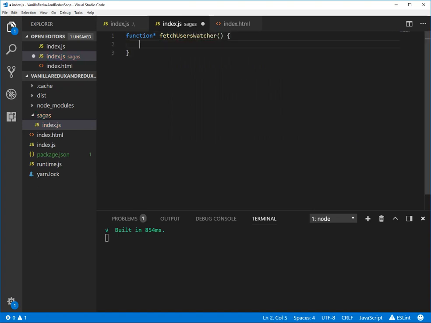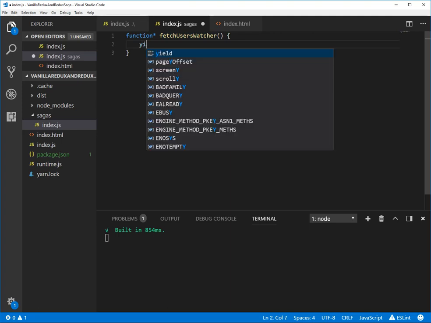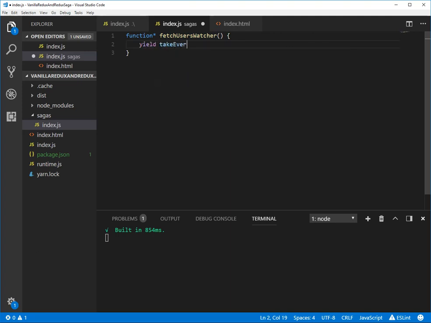and it's a generator function, and this function is a new JavaScript feature, and basically what it allows you to do is it allows you to yield a value, and then every time you call the generator with the next function, it will yield the next value that you pass or that you yield. So they're very handy for iterating over things as and when you need. So this is the fetch users watcher, and we're going to yield take every